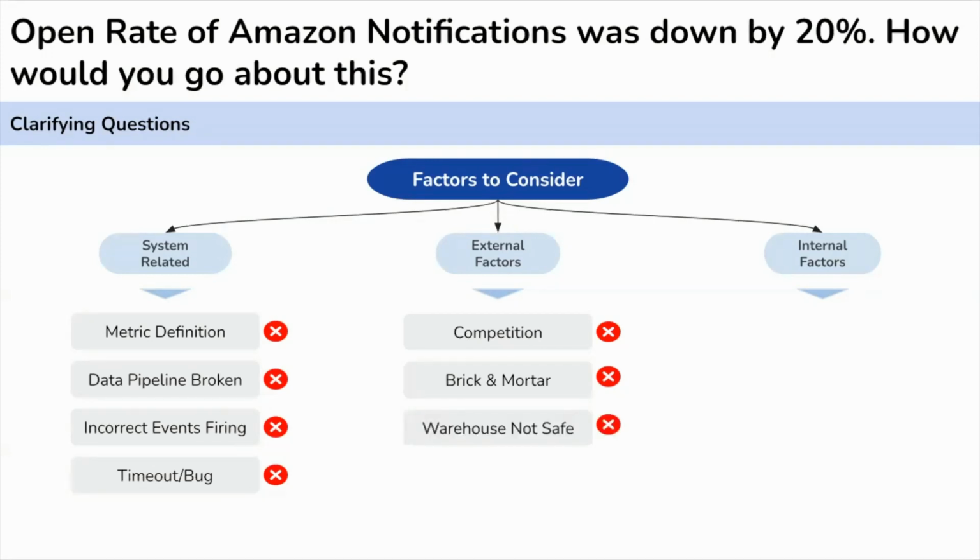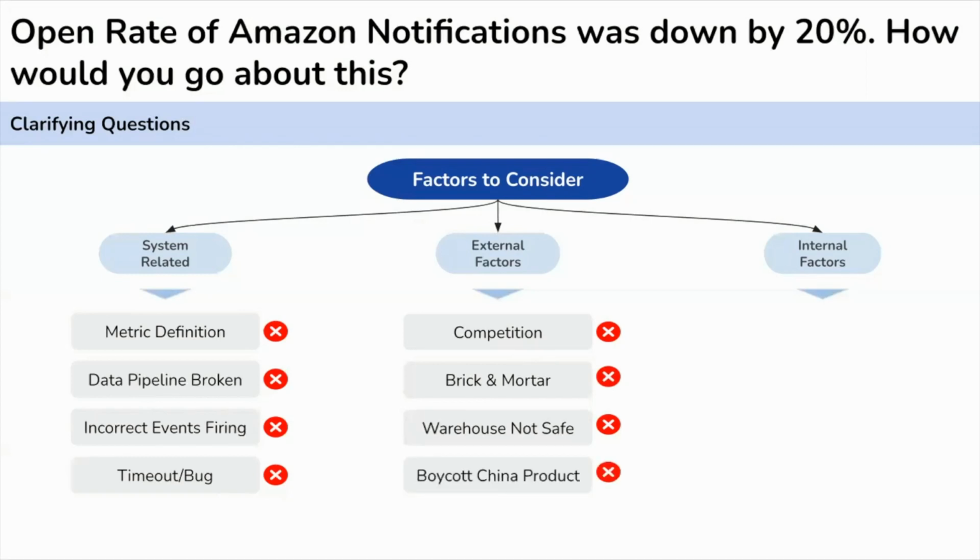The third factor can be related to negative PR. Although the lockdown has lifted, there might be some negative coverage regarding the safety protocols followed in the warehouses of big e-commerce players. That is why people are worried and don't want to order from e-commerce players like Amazon or Walmart or Flipkart, right? Hence, there was no interest in the notification as well.